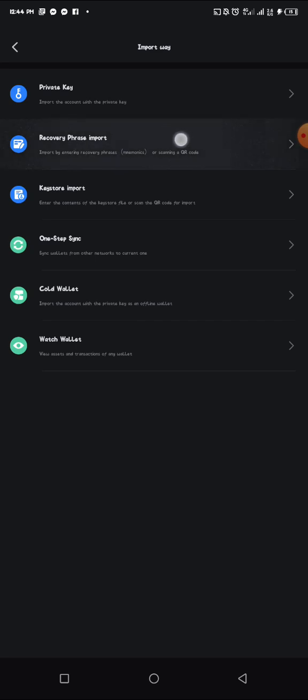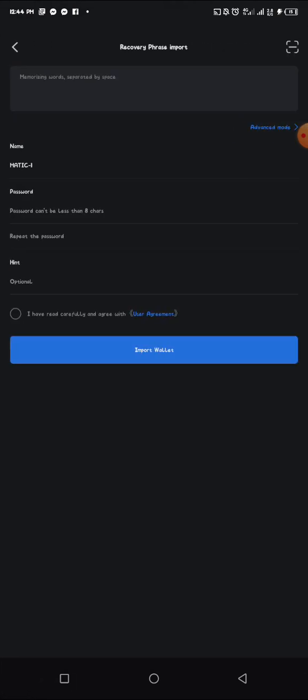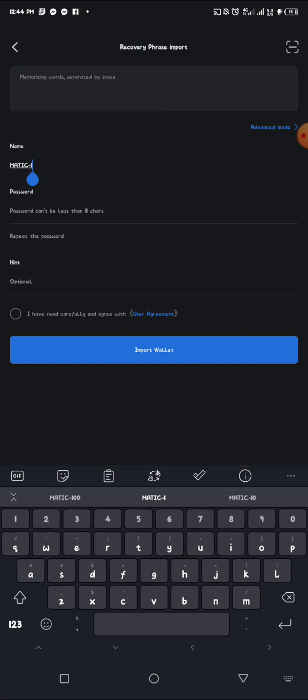You see recovery phrase import. This is the option we're going to pick. So you click on that, and then you go to where you have your passphrase written down. You copy it and paste it in this box. Okay, so when you paste it in this box, you can actually change the name of this wallet